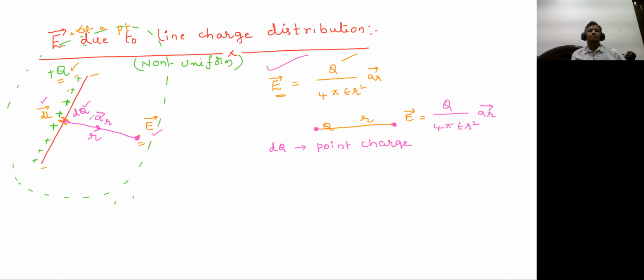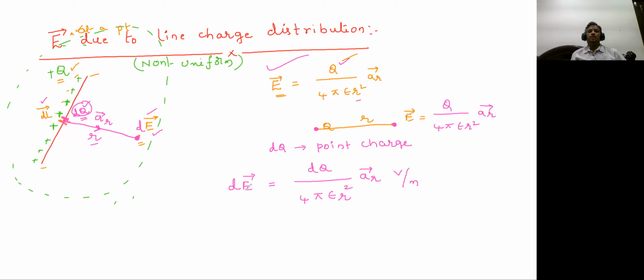But the problem here is, because of this small differential length, you cannot get the total electric field intensity. Because of this dq, you will always get a differential electric field intensity. So now the differential electric field intensity at that particular point is equal to, Q here is this dq only, because that is the point charge there. Dq by the formula will be the same, 4 pi epsilon, but r here is the same, small r. aR is the unit vector. The units will be the same, volt per meter.